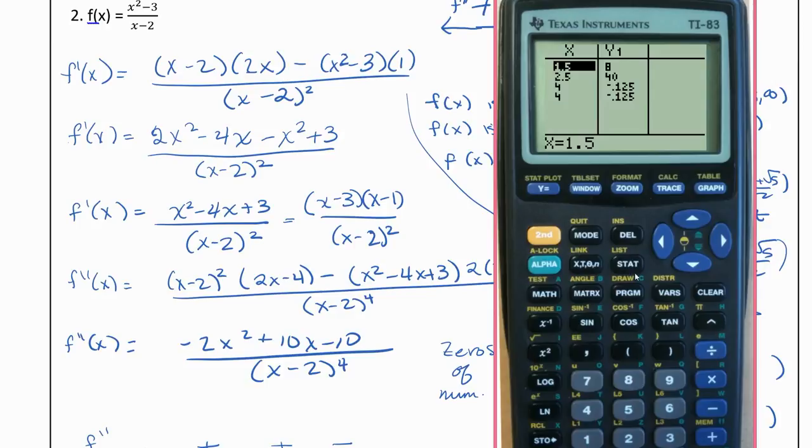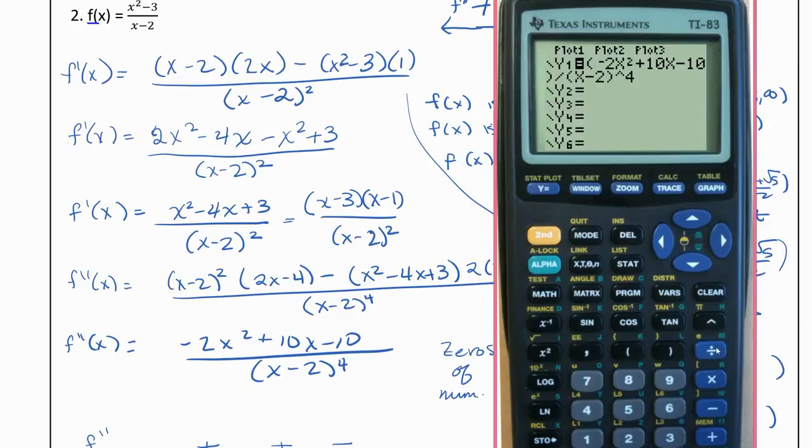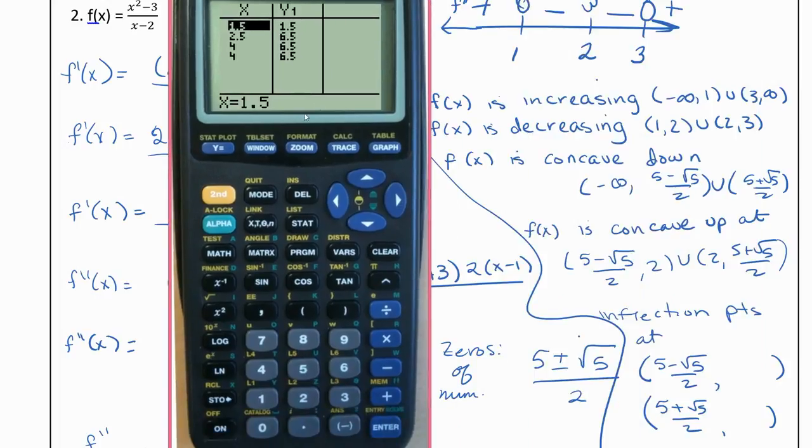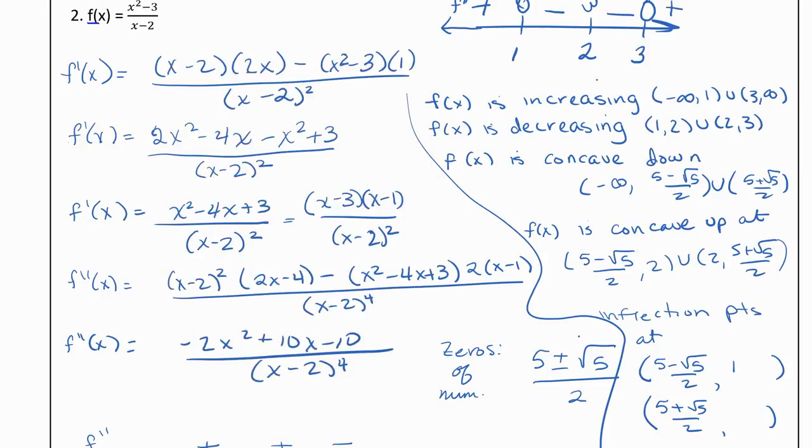So if we put our original in y equals, and go to our table. So we can actually do 5 minus the square root of 5 over 2, and we'll just take an approximation here. We'll say this is about 1.76,